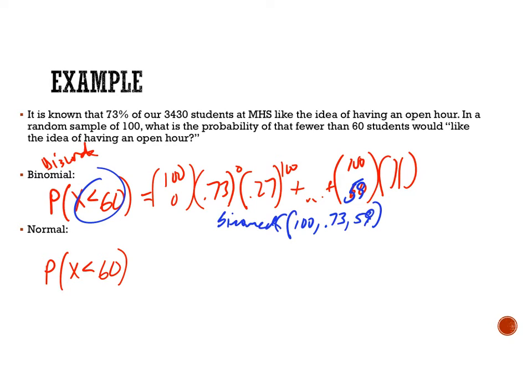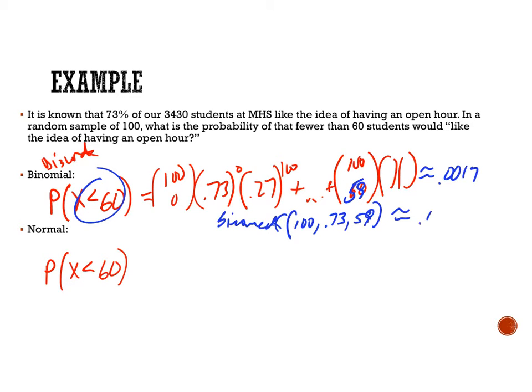Okay, and so we would then go to second vars, to our distributions. We'd go to binomial CDF, and we have 100 trials. We have a 73% chance of a success. We want 59 or less successes, and that gives us a probability, you could put it on either of these, now, of about